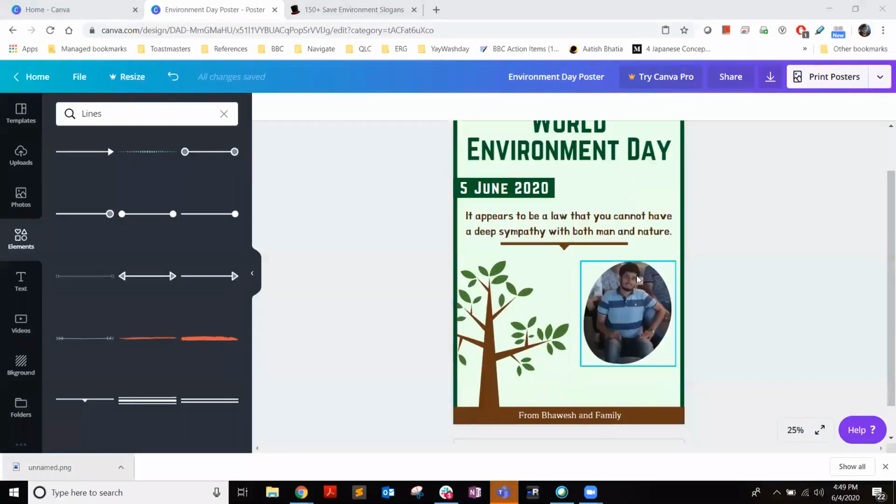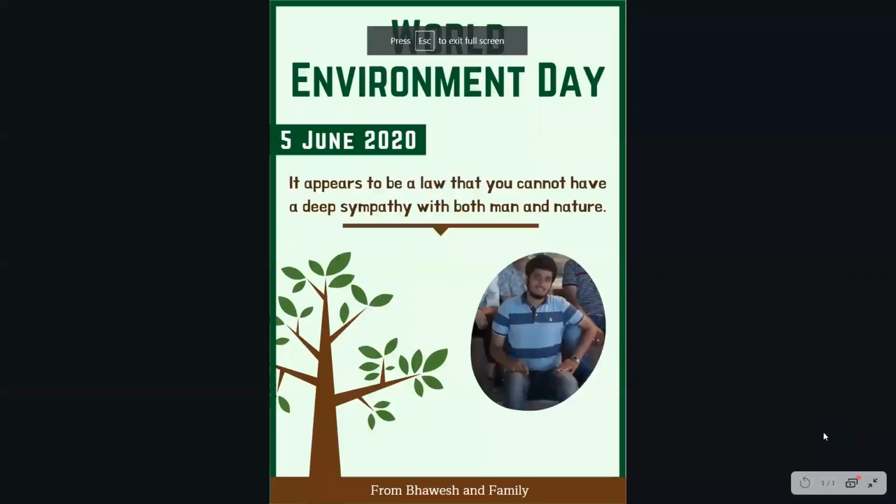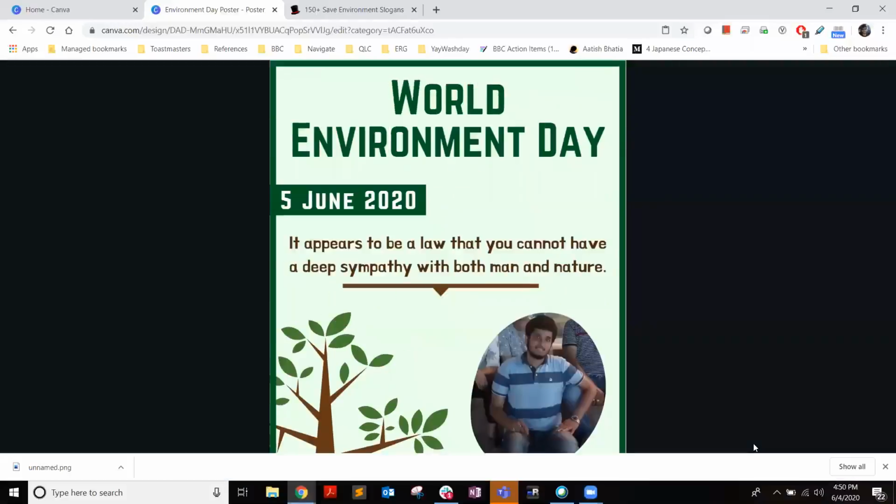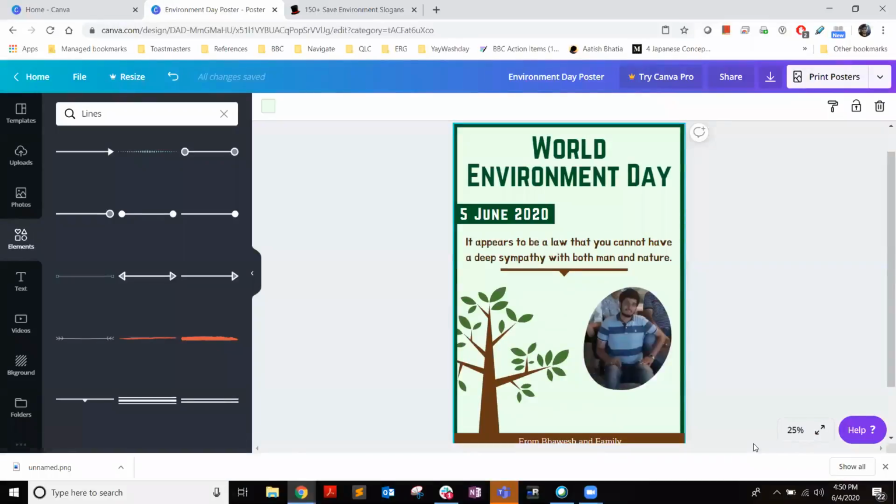On the canvas screen where we use the zoom button, we have this button as well, present full screen. So that will make you be able to see the poster, how it will look in a larger screen. So this is how it looks. To come back out of the screen, I'm going to press escape. There's no other way. I mean, maybe you can click here or click escape so that you come back to the main screen.